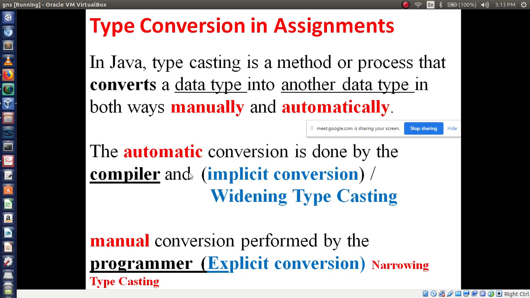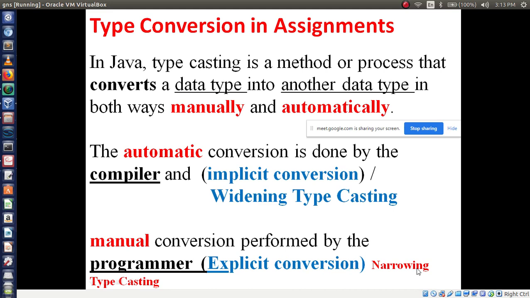Now please write this down. Manual conversion is performed by the programmer. We are programmers, so we have to do this typecasting manually. Manual conversion we can call explicit conversion, or one more word, narrowing typecasting.